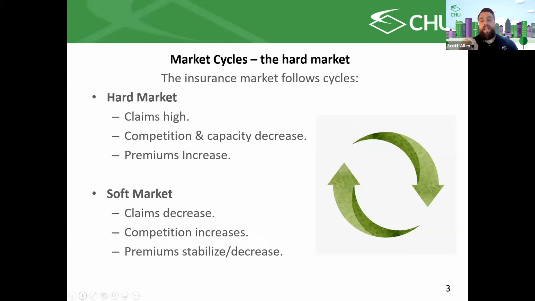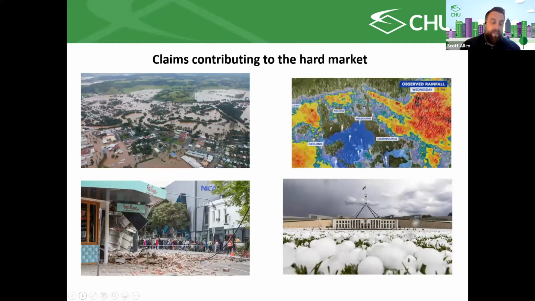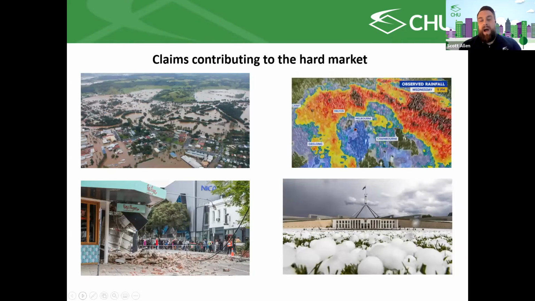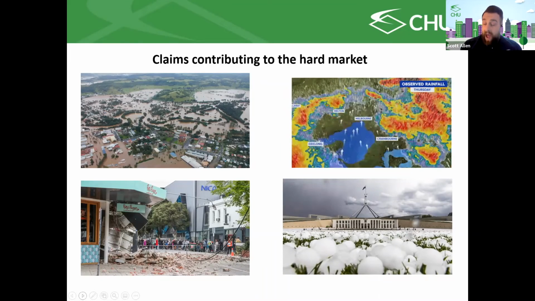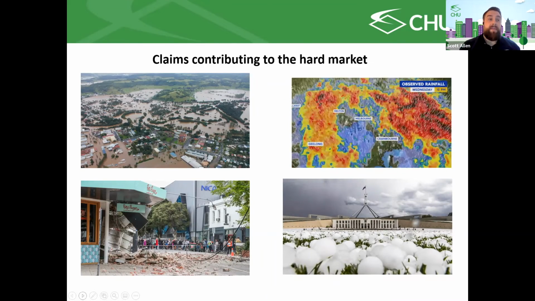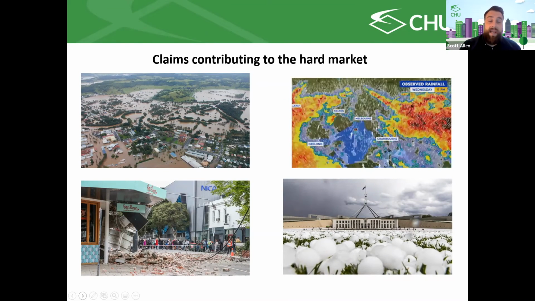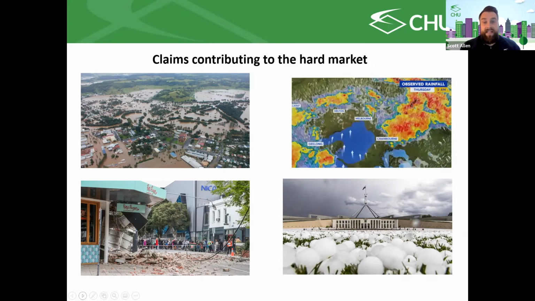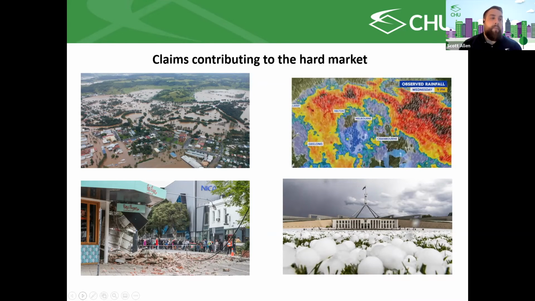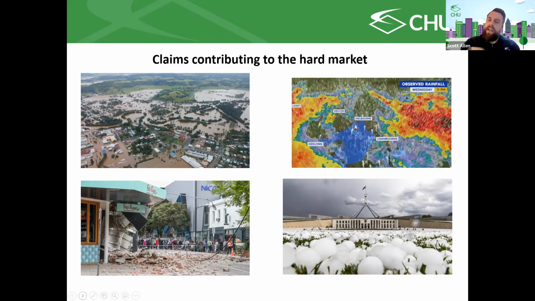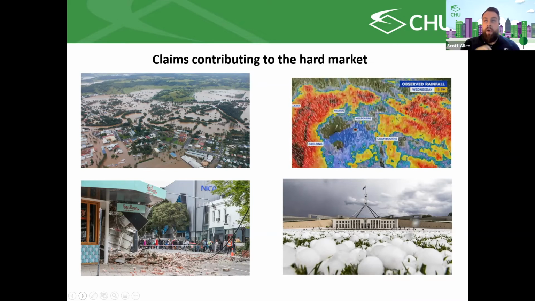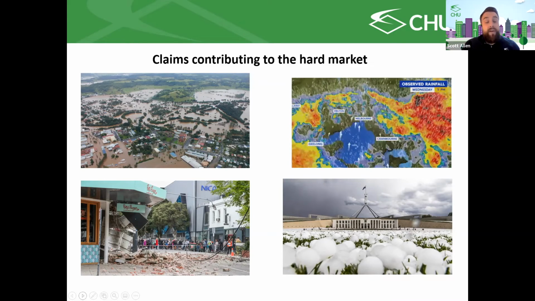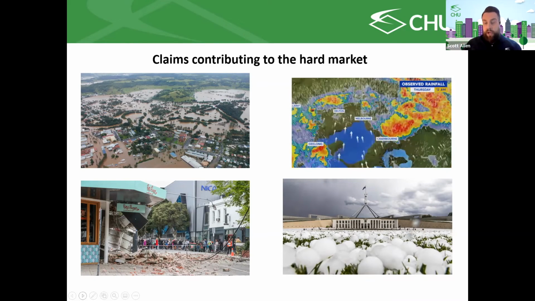So that brings us into the golden question: where are we now? We're definitely in a hard market. We're in the start of a hard market, actually. The previous soft market period lasted for quite a while. We saw premiums up to about 2017 decrease up to about 30% across the strata sector universally. And premiums were starting to increase and stabilize slowly. And then 2019, economic uncertainty and a bunch of different claims occurred.